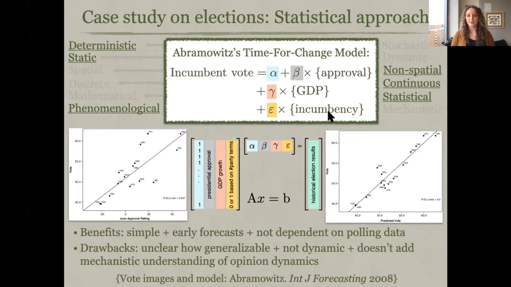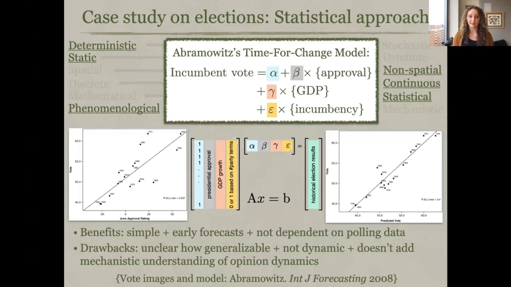And so the general approach then is to set up some system that looks like AX equals B, where as you go down these columns, you're just looking at the presidential approval ratings in 1972, 1974, 1976, 1978, and so on, right? So it's just time down these columns. And then what you're interested in doing is using that historical data to determine what your weightings should be. And so what Abramowitz does is just do a linear regression to identify those parameters, get some parameters out, and then he pops in the approval, GDP, and incumbency values for the upcoming election, and that is his forecast.